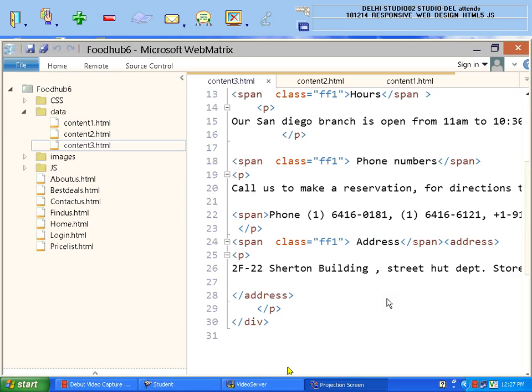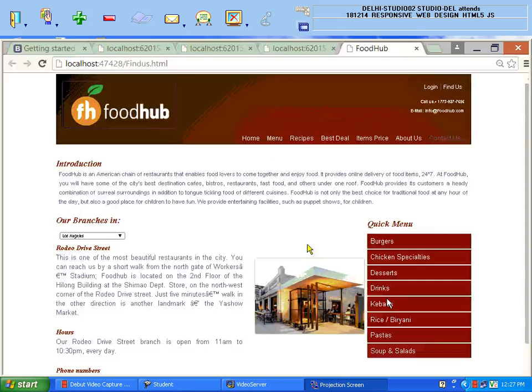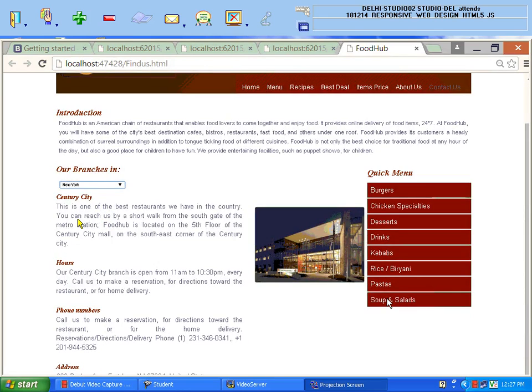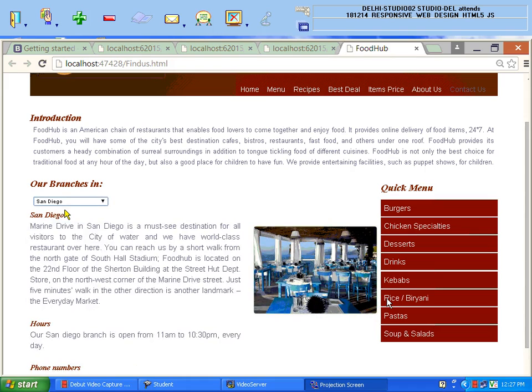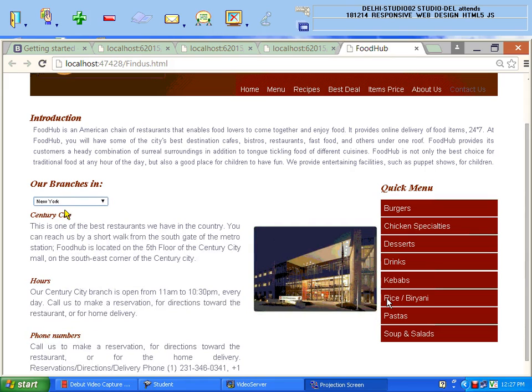Now when I run this page, I will choose this. So over here the content changed, and the picture also changed, you can see. So only the partial part of my web page is being reloaded.